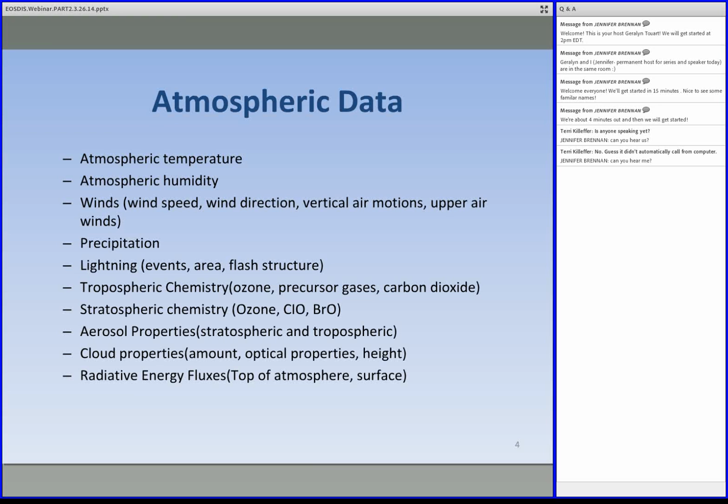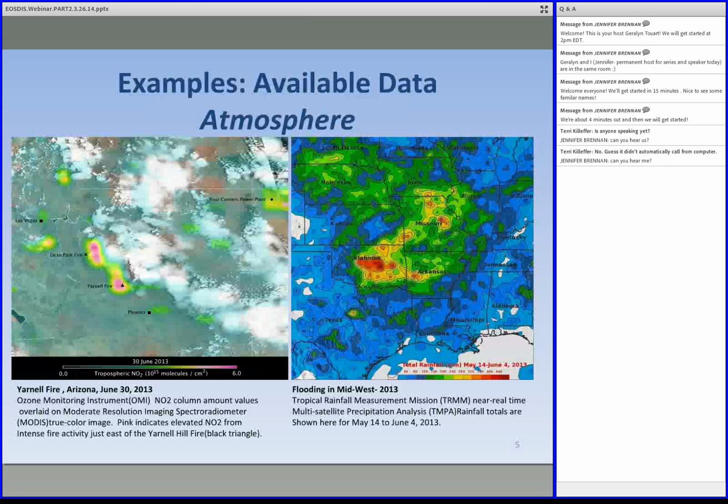Here you have an idea as to the types of measurements that are being taken by the suite of platforms that you could see within the data animation. Okay, and moving to some representative data imagery. The image on the left,